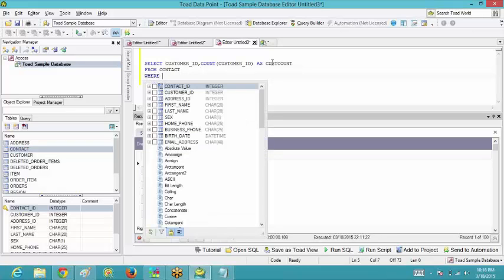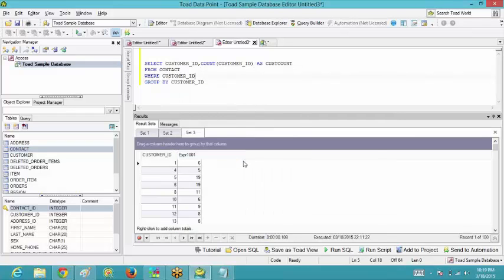Okay, so where your customer ID, I guess it was less than, so it should be less than 10.